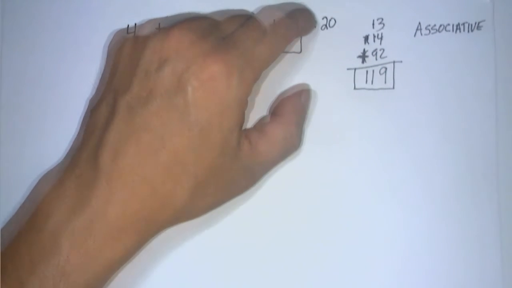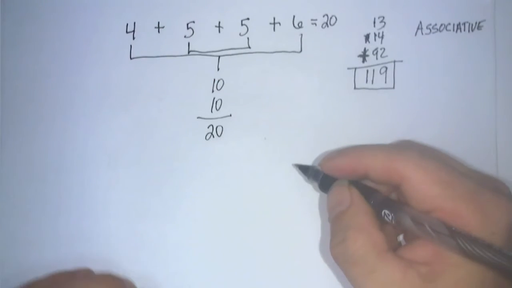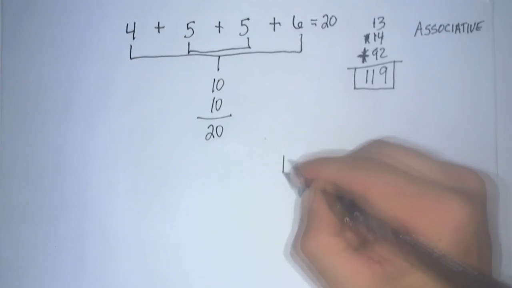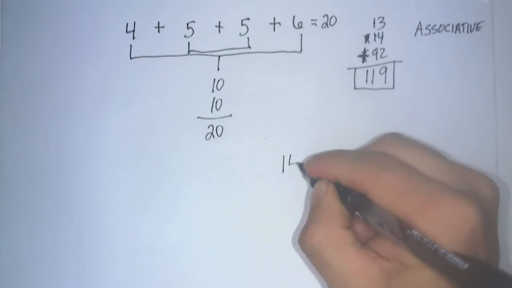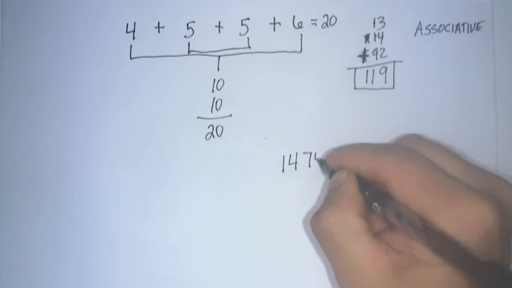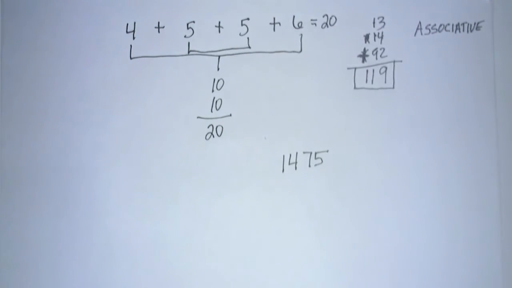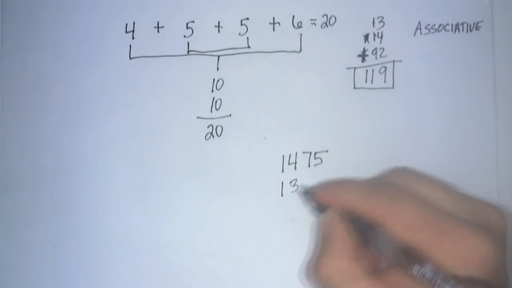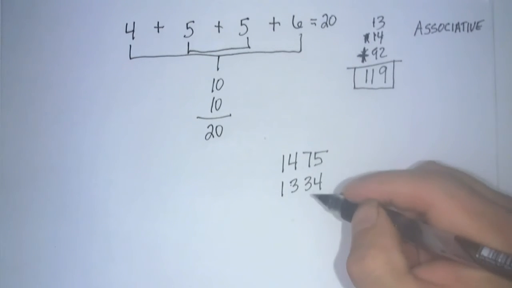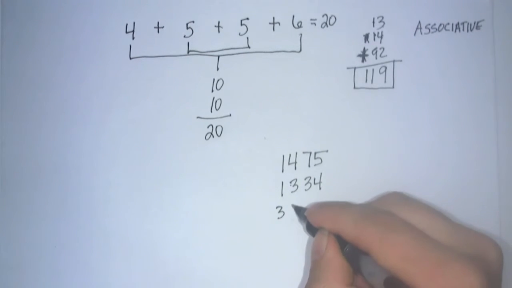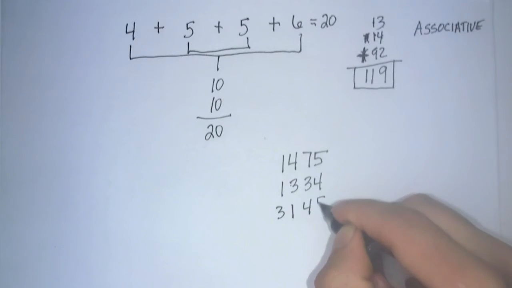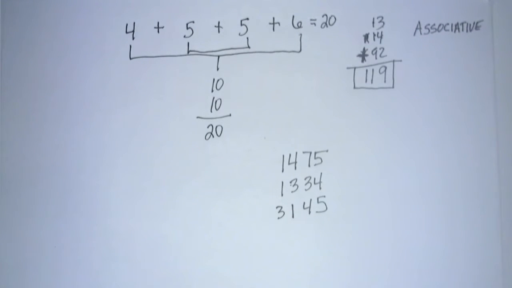Let's look at a bigger example so that we can see how to really manage addition. And then I'm going to conclude the lecture. 1,475. And then we have 1,334. And then we have 3,145. And then finally we're going to add